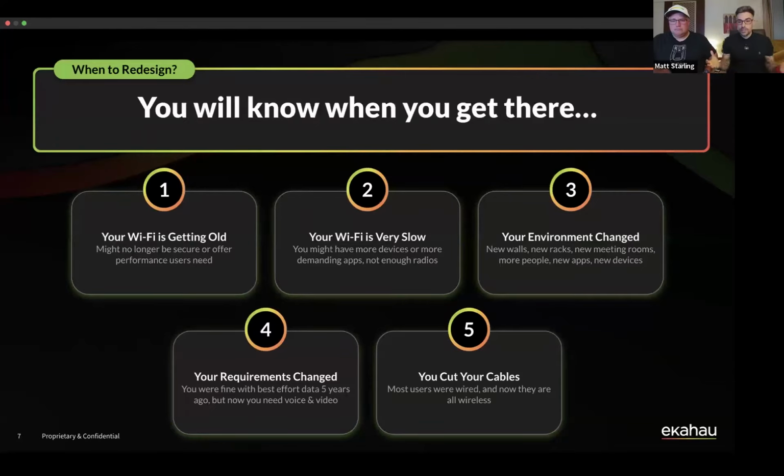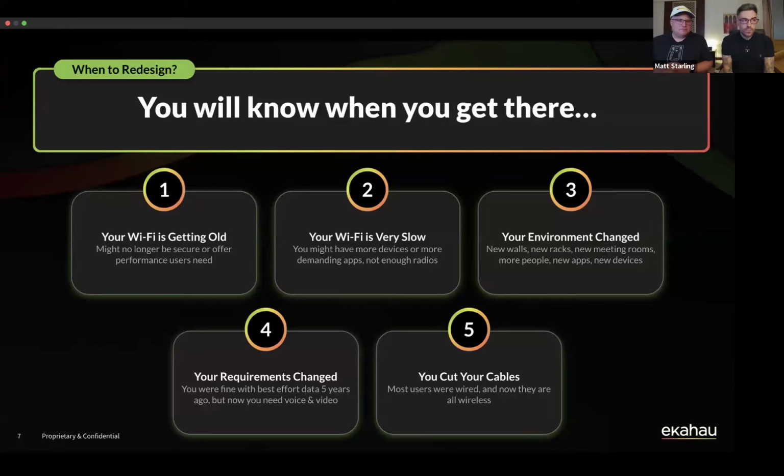Sometimes our environments just change. If you're in an office, if you're in a warehouse, sometimes you move things around. Sometimes you need to have larger meeting spaces. Sometimes you take on extra parts of buildings. And that could be one of the reasons why you need to do a new design to meet the requirements for these new areas, or just simply because something has changed, moving inventory levels around. Like we see people that have got racks that you can push around warehouses and stuff, or manufacturing plants, and you've just got to adapt and be mindful and make sure you can still provide that coverage in those areas that you need.